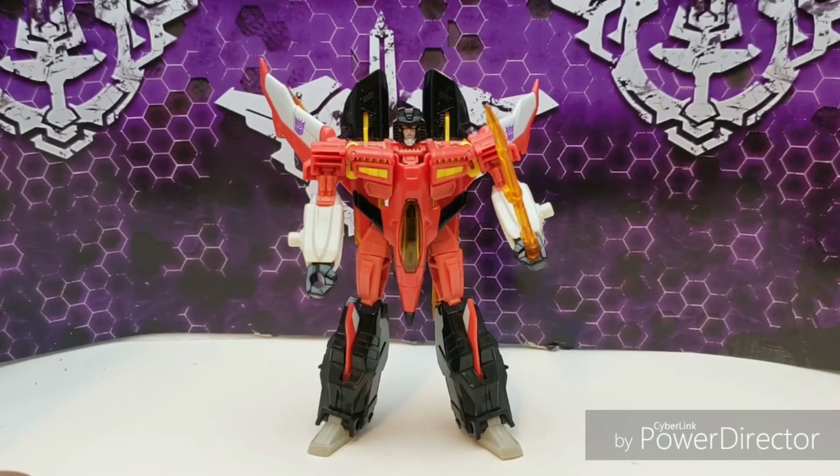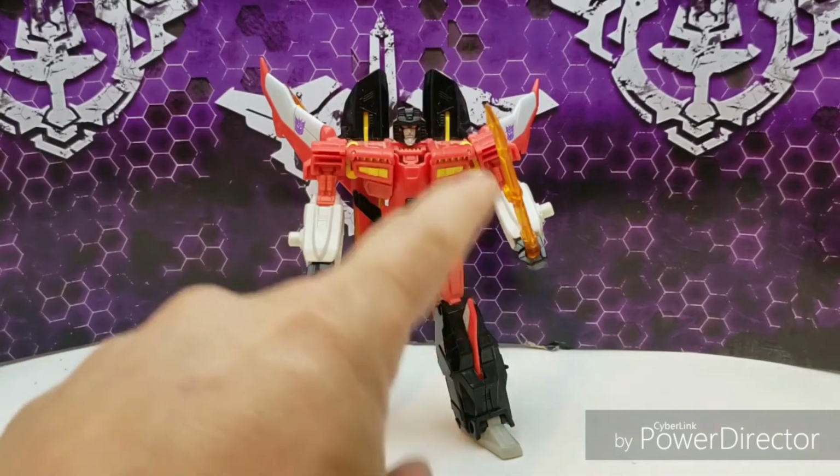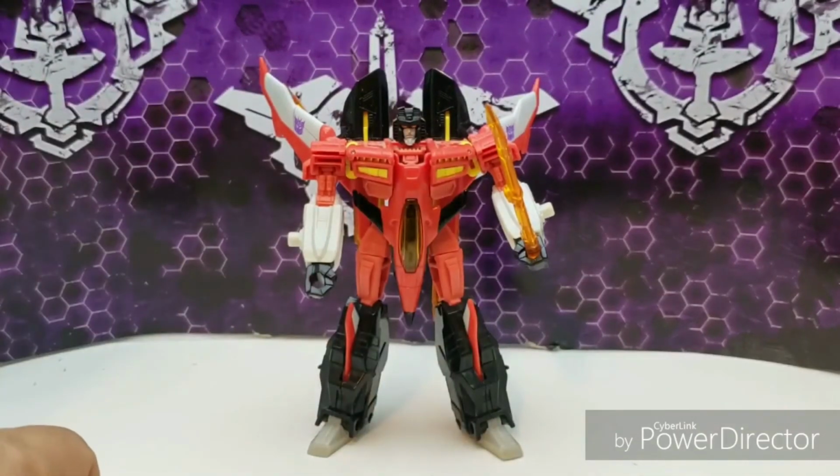It's a great figure. It's easy to transform. It's not that difficult. I'm waiting really soon for something like this to just break into a billion pieces. But until then, he's got himself some Energon melee weapons. Oh yeah. But until next time, guys,